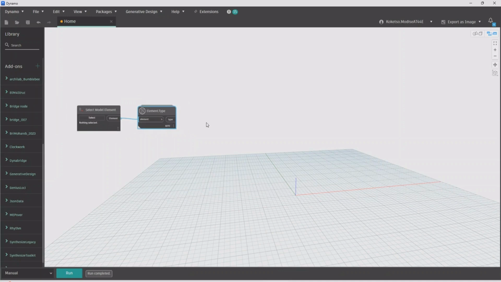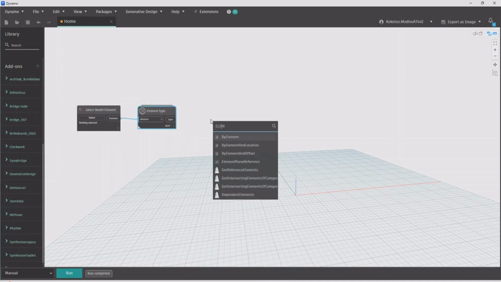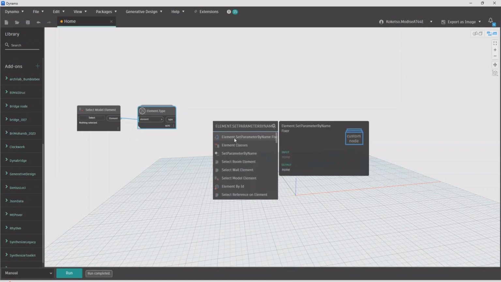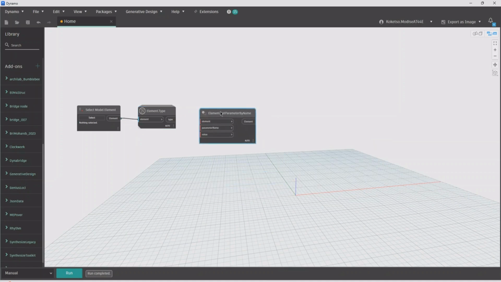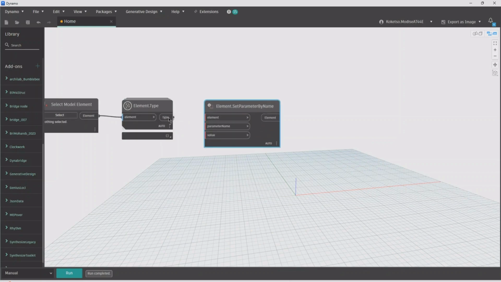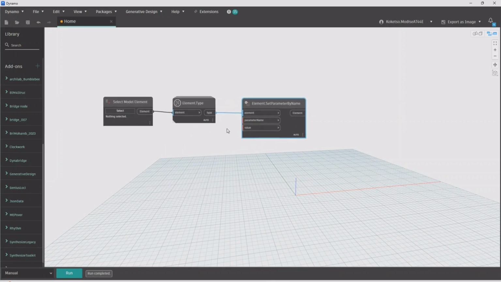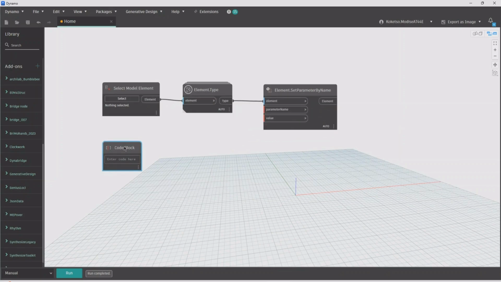So you're gonna connect it right there, and then you're gonna go with Element.SetParameterByName. So we're gonna go with this one. So you're gonna connect your type to the element, and we're gonna double click for our code blocks. So this one, we're gonna name it parameter names, and then you're gonna copy it. To copy, control, select, and then drag down. And then this one is gonna be parameter